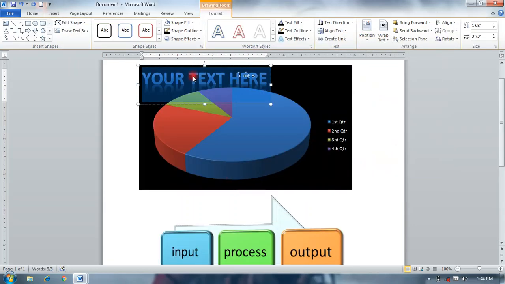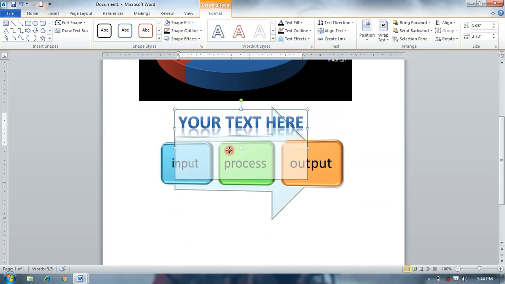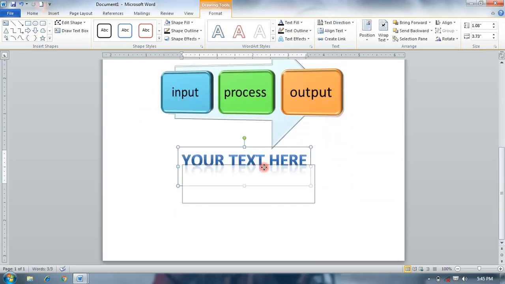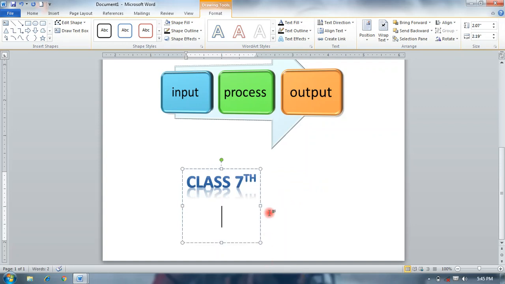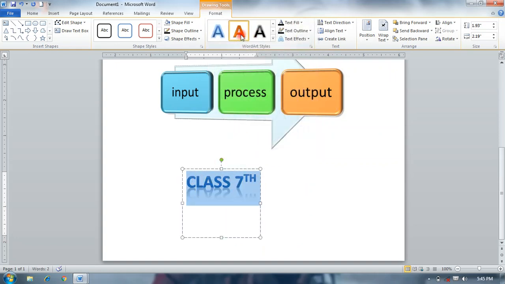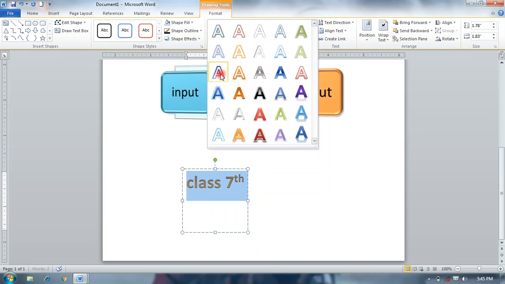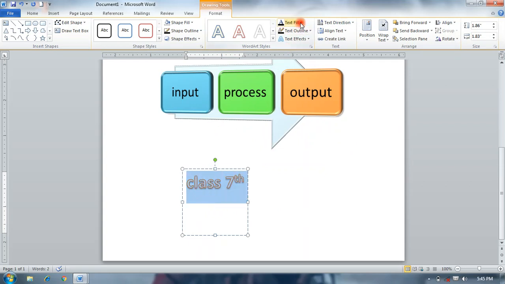Like we select one now, and in this box your text is written here, and you can type your text here. Its format option is open, and you can also change from your format options. Select OK, and you can change the text field.